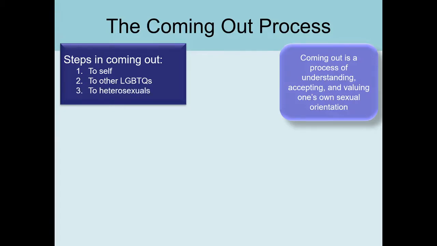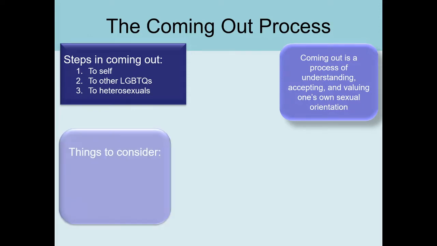Ultimately, the last step is to come out to other members of their friend and family group that are heterosexual. That's sort of the riskiest, coming out to people who aren't in the community, and I value this relationship. I don't want anything bad to happen, and I'm just worried about how the reaction is going to be. And so that's the riskiest step.